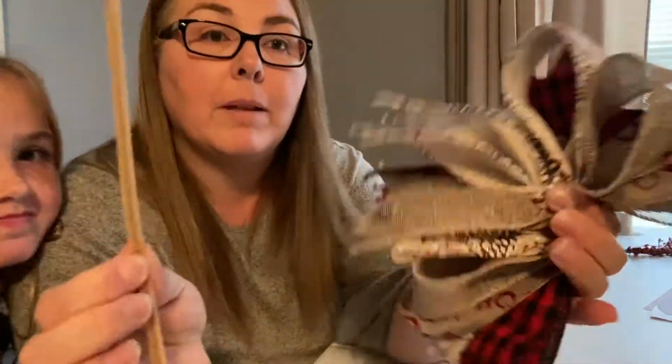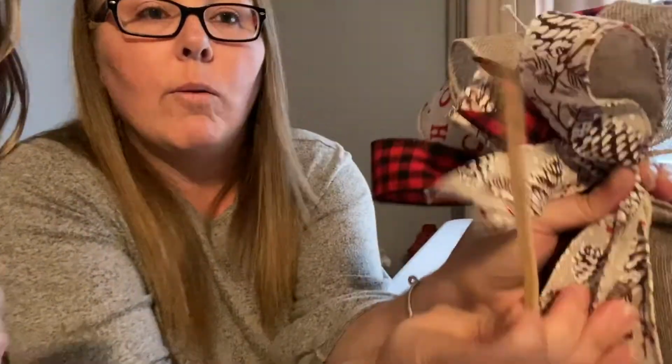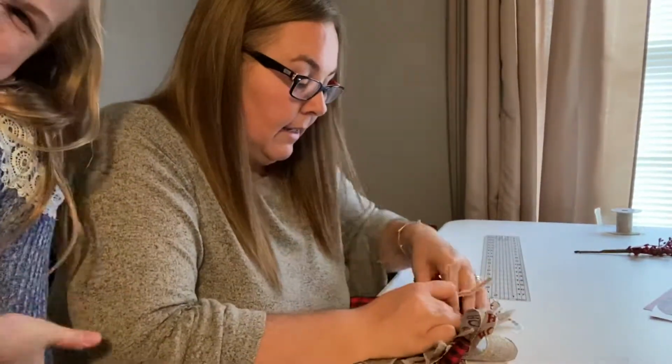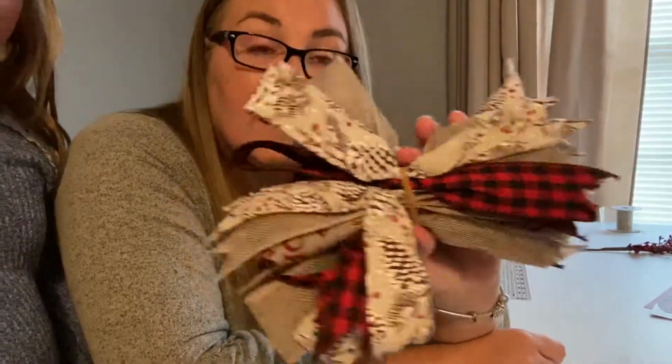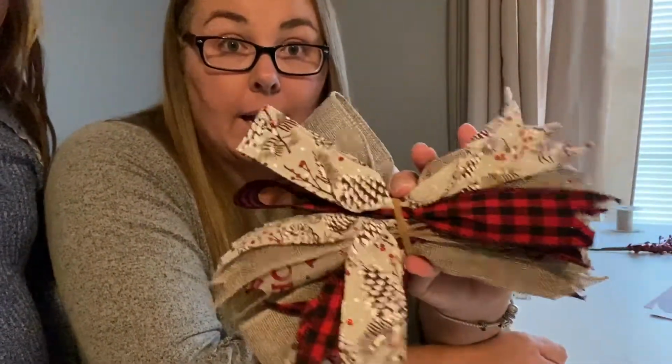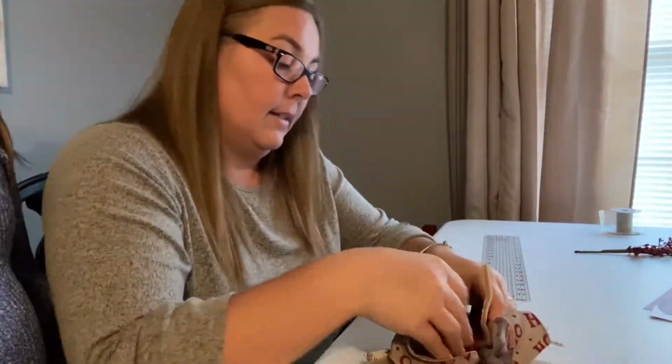So you can take your pipe cleaner, and where your thumb is, just lay it down and let your thumb hold that. And you just flip it around on both sides. And you tie it with your pipe cleaner as tight as you can get it. And it looks like this, and that looks like a jumbled mess, I know. But what you do is,